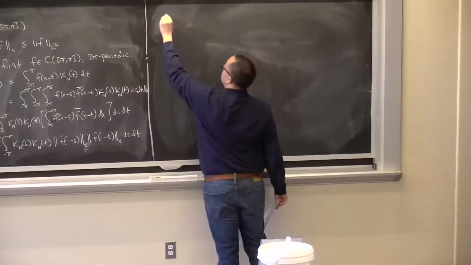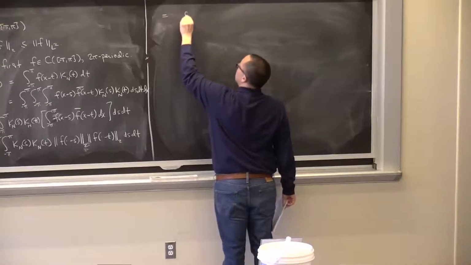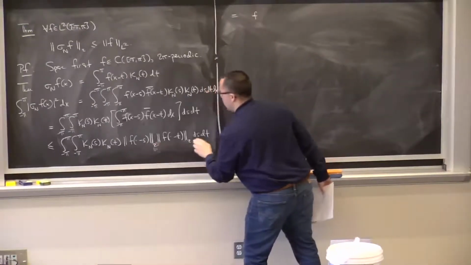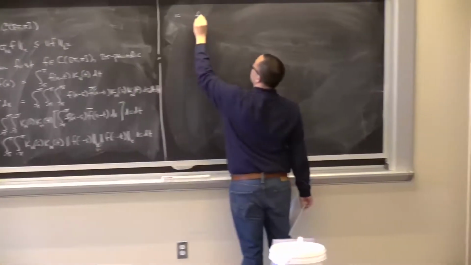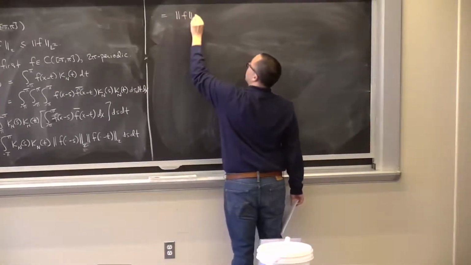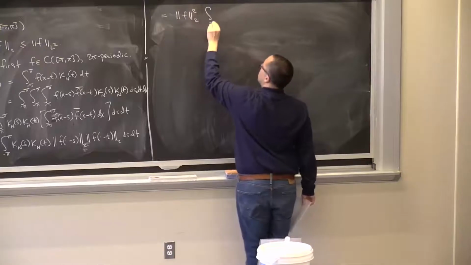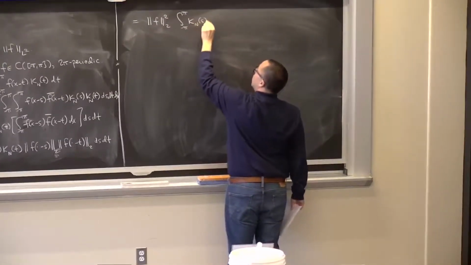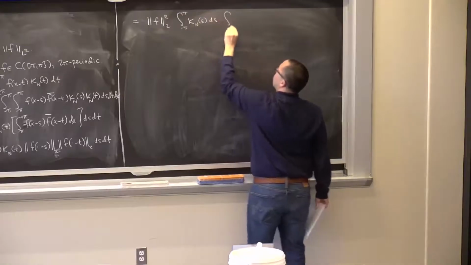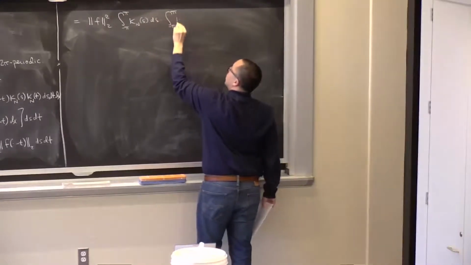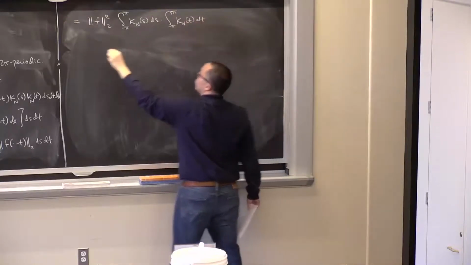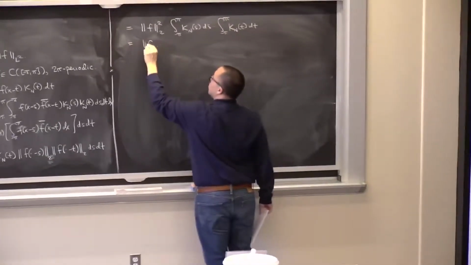So this is, in fact, equal to, and because these two things no longer depend on s and t, they come all the way out of the integral, and I get L2 norm squared times the integral from minus pi to pi of kn of s ds times the integral from minus pi to pi of kn of t dt. Both of these integrals equal 1, so I get